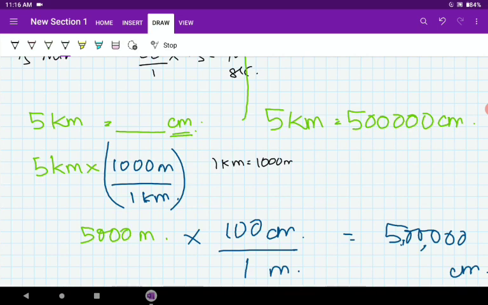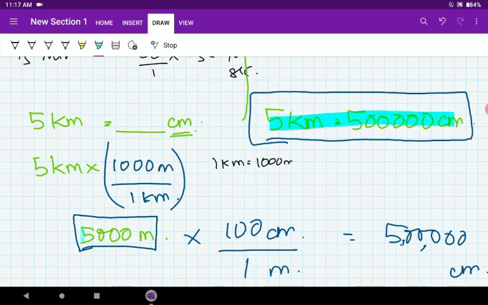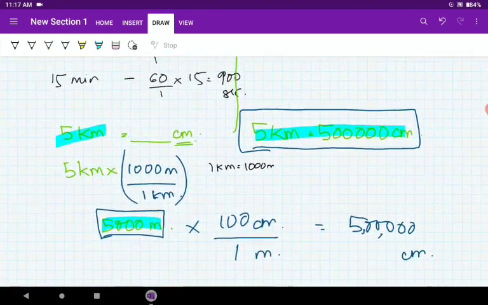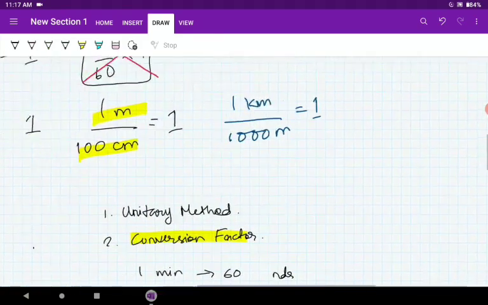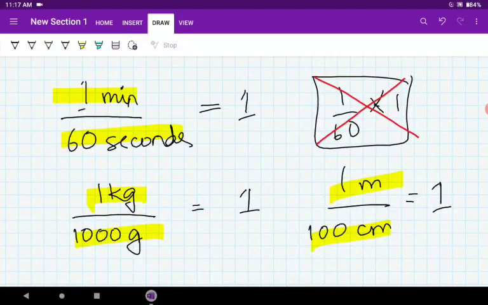It is not at all convenient to write 5 lakh centimeters in order to understand that the length is 5 kilometers. Also 5,000 meters feels so cumbersome. So we are using the prefixes here, like 5 kilometer. So I hope you have understood the conversion factor. If you have not, please mention it, I will explain it again. You have to keep in mind that an equivalent amount of any unit can be divided among itself.